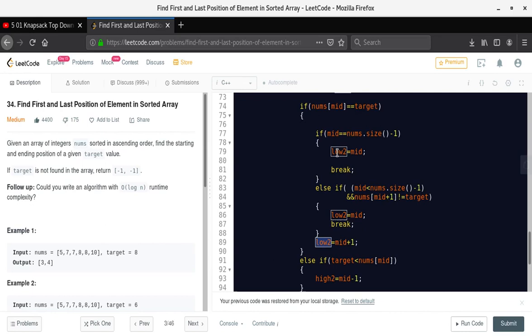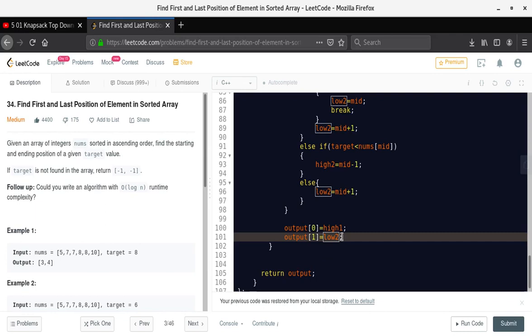Because if we are standing at mid and go to the left, then our output will be high with respect to that binary search. But if we are on the right, our output will be the low index with respect to the right binary search. That is the concept here. So we are just assigning high 1 and low 2 at the right indices of a vector, and returning the output.